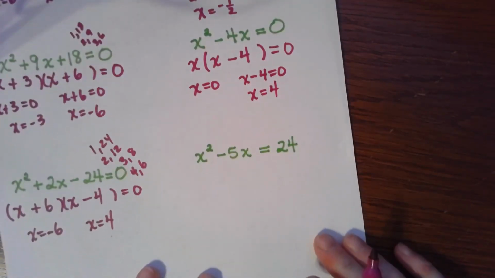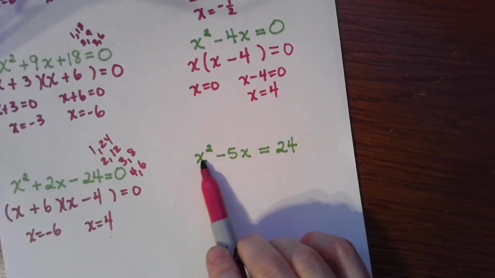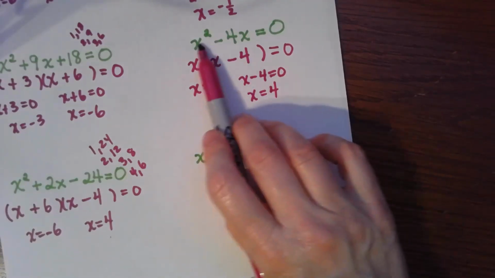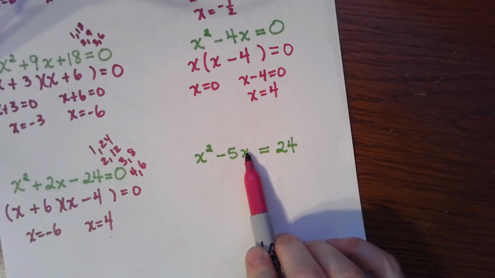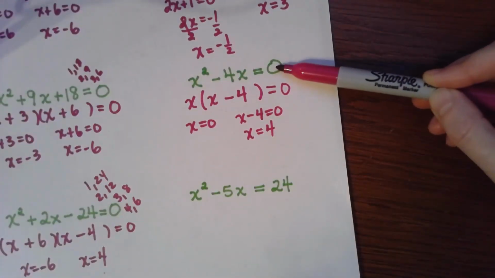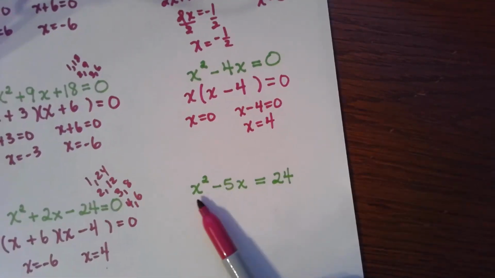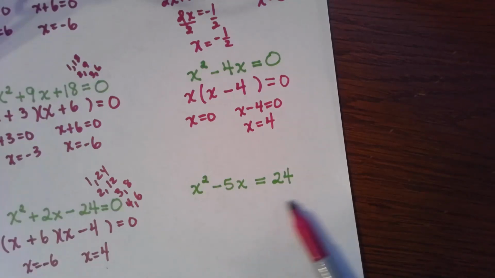All right, and this last one. Okay, now that might look like, oh, well, this is very similar to the last one. We should just factor out the x. But notice the difference between these two problems. Here we have it equal to 0, and here we have it equal to 24. So if we went and factored out the x times x minus 5 equals 24, well, we can't do what